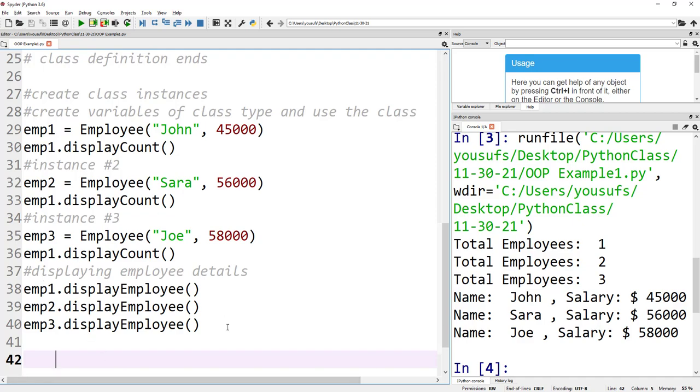So as you can see, the name and salary are not shared, but employee count is shared because it's at the class level. That is the difference between creating at class level versus creating at instance level. Instance level entities are declared inside the constructor, and class level entities are declared in the class, not inside any particular